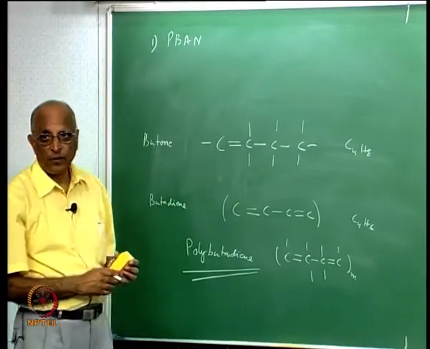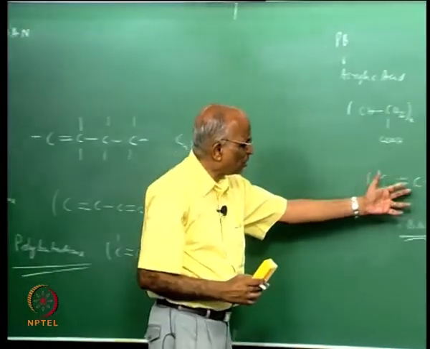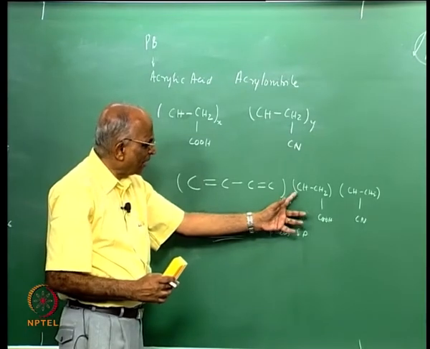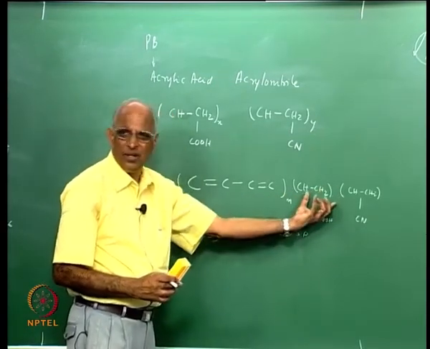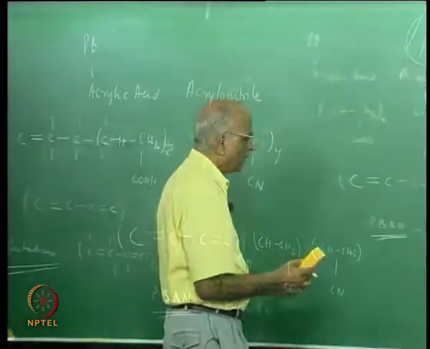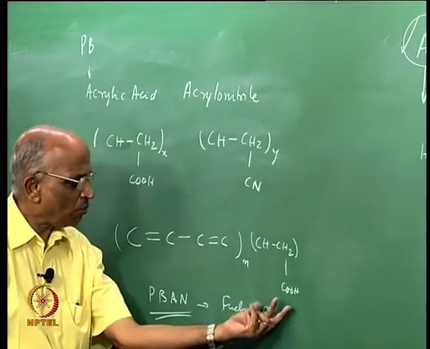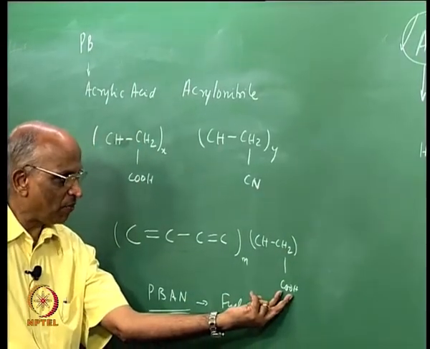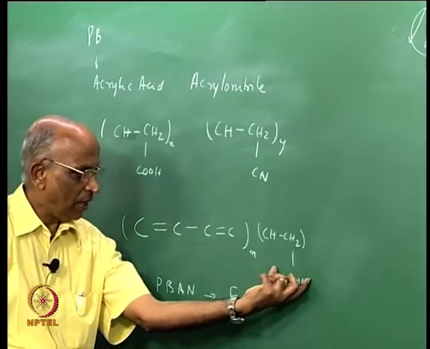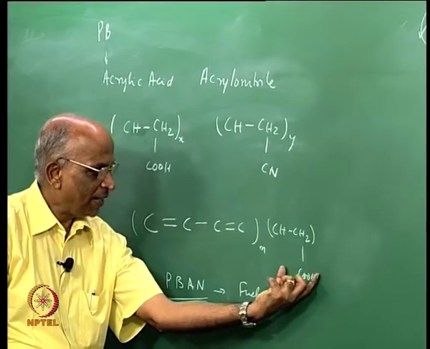See, PBAN is something which is sometimes hard. I have this cross linking by all these things. It tends to be hard. And second, I have a lot of carbon here. Carbon has a heavier mass, and therefore, is it possible to somehow get rid of nitrogen here, just substitute it by the carboxylic acid, namely the acid part of it. That means I terminate the polybutadiene with a carboxylic acid type of situation, and this is known as